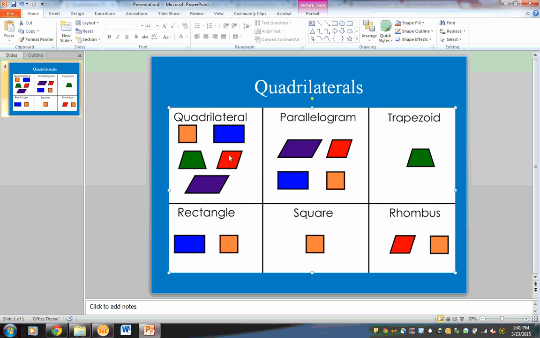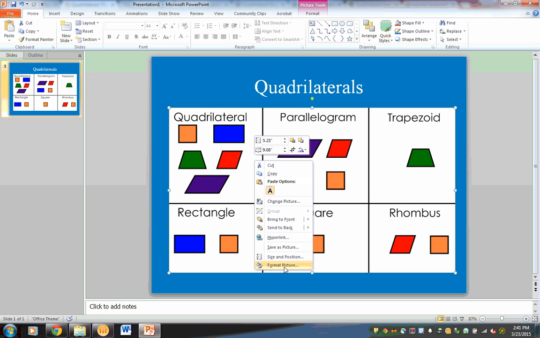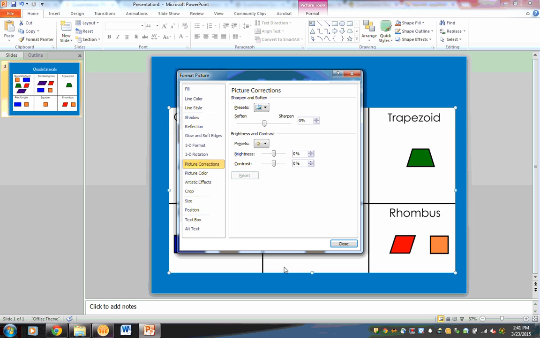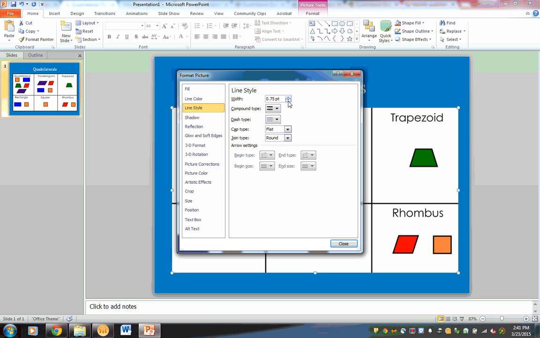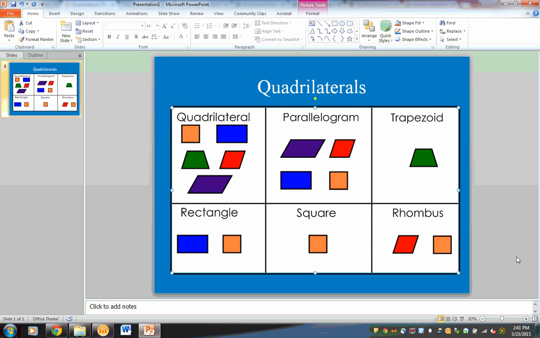And then I also gave the picture a border. So if you right click on top of the picture, and go to Format Picture, and then Line Color, set a solid line. Make it black. And then Line Style, because if you notice, you can't tell I really added one. You need to make the width a little bit larger. And I think I even changed it a little bit. Yeah. Alright, then,